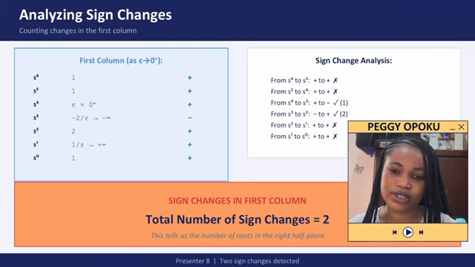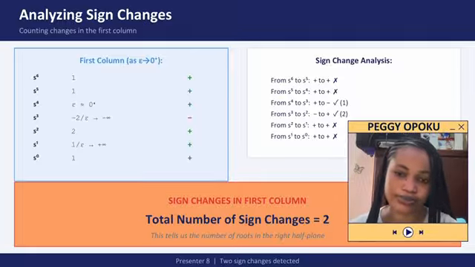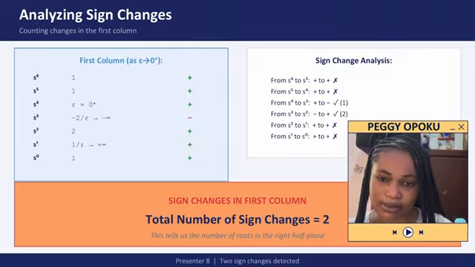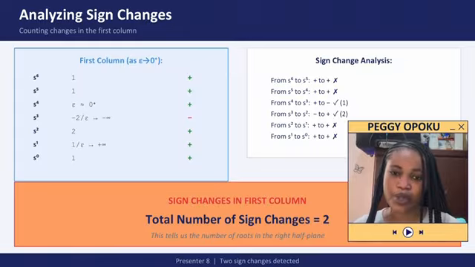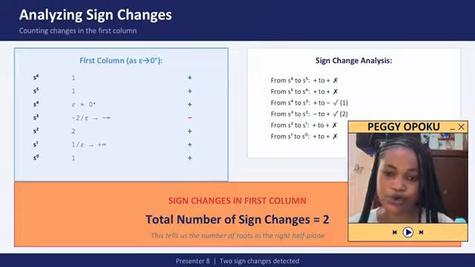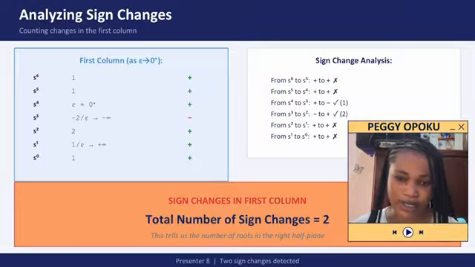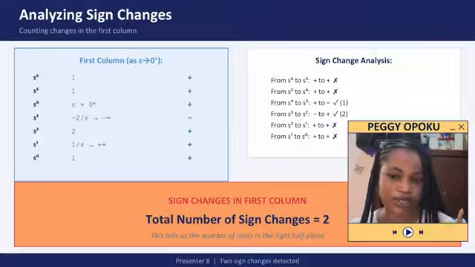Now let's count sign changes as we go down the column, which is showing on my screen. From S6 to S5, positive to positive, no change. From S5 to S4, positive to positive, no change. From S4 to S3, positive to negative, yes, this is a sign change, which is count 1. From S3 to S2,